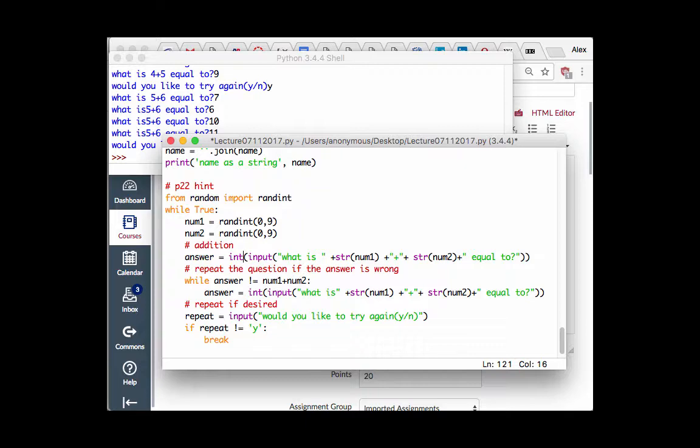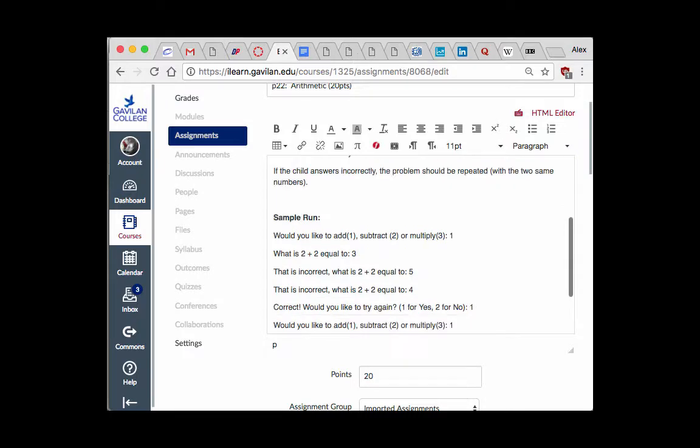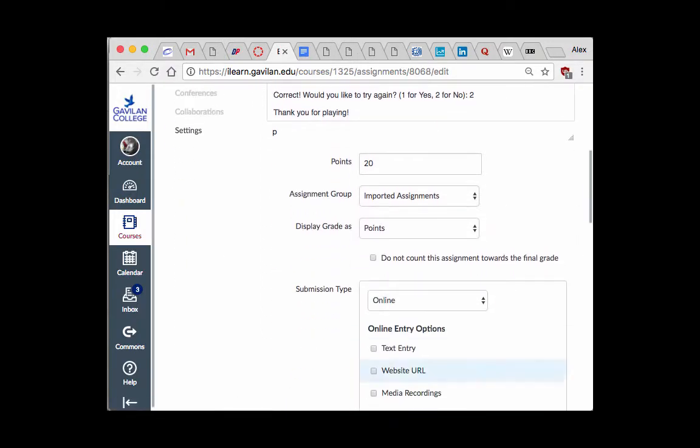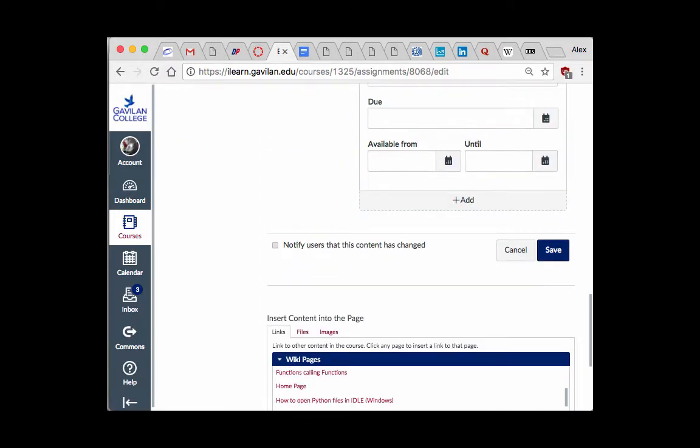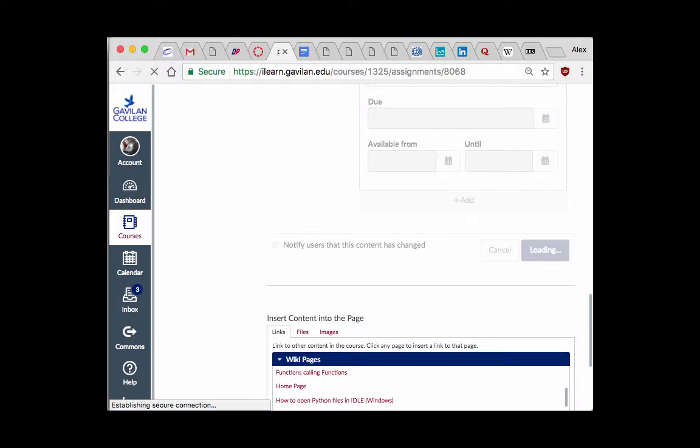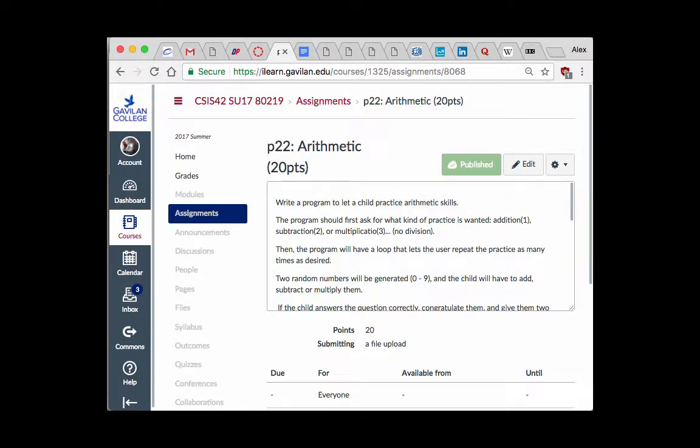Questions? All right, so that's your hint for 22. Pretty much solved the whole thing for you. Okay? Now, let me save it. So when you're doing this, try to not look at the hints. Just try to solve it on your own. Next one